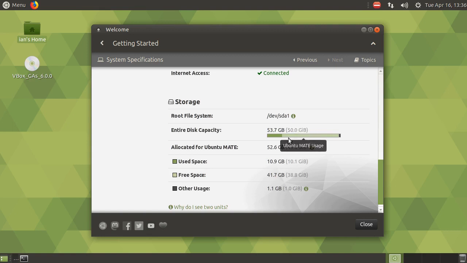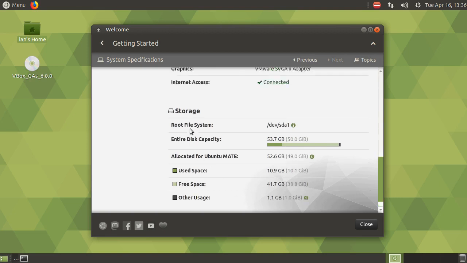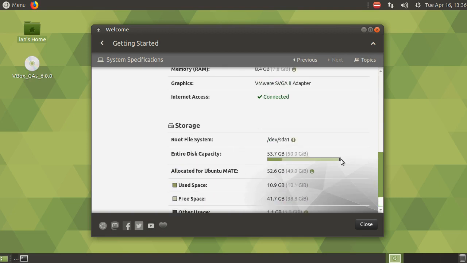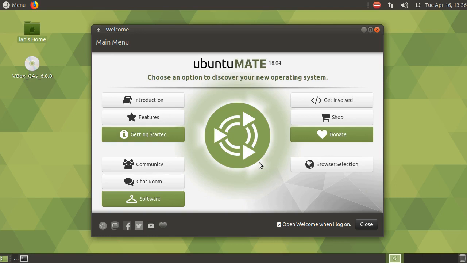This is what the available space is, the light green right here, and this is used. And this is what is not used by the operating system at all, what can't be used by the operating system. So I don't know if that would be used by the Linux kernel, if that's used up by VirtualBox. But yeah, that system specifications area is very nice.